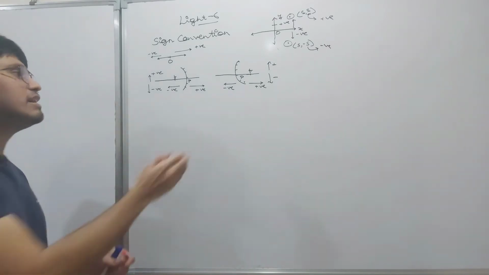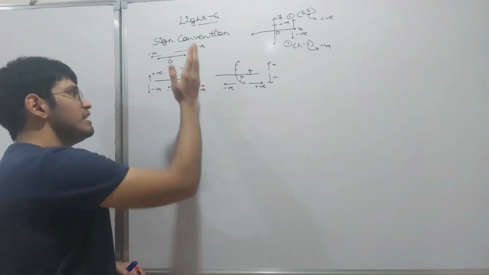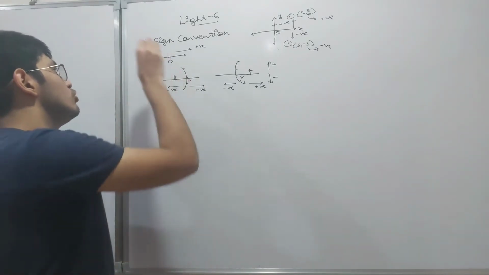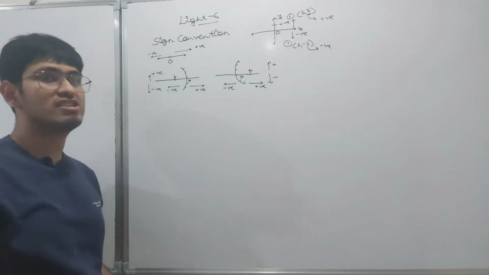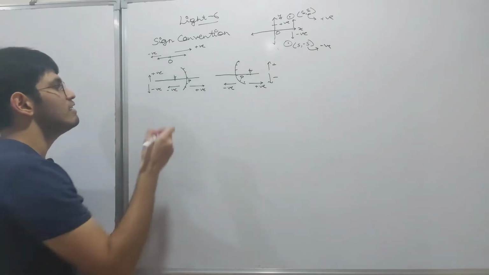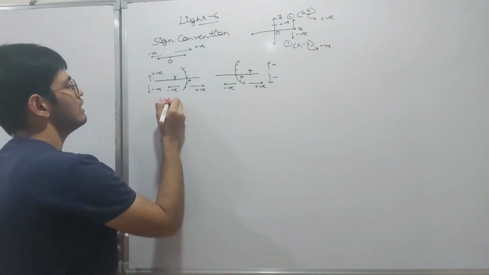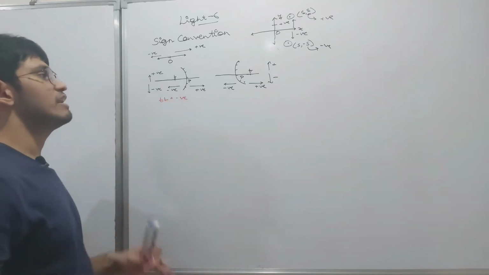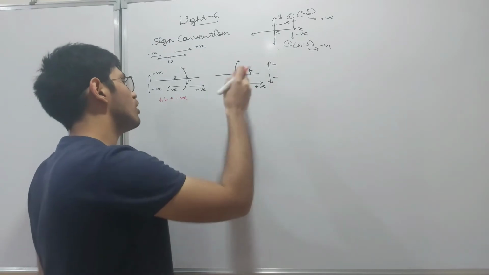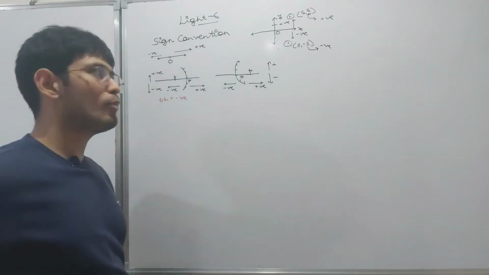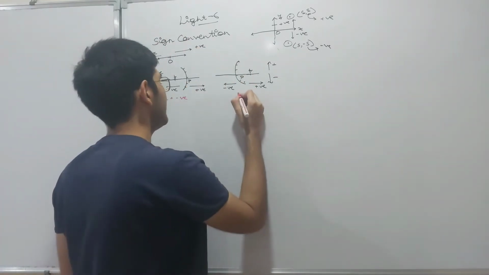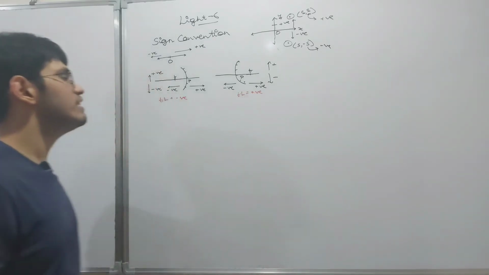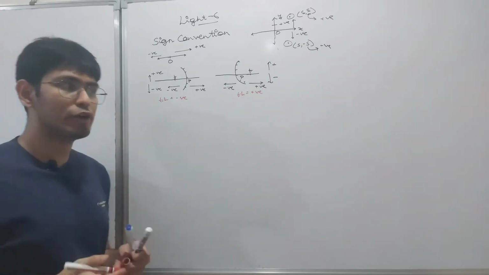What will you take? See, this is the pole. It is present in the left direction of the pole, and we know that the left direction is taken as negative, so we can say that the focal length in the case of a concave mirror is negative. Similarly, in this case, the focus is present in the right direction of the pole, so we will take the focal length as positive. I think this sign convention graph is clear to you.